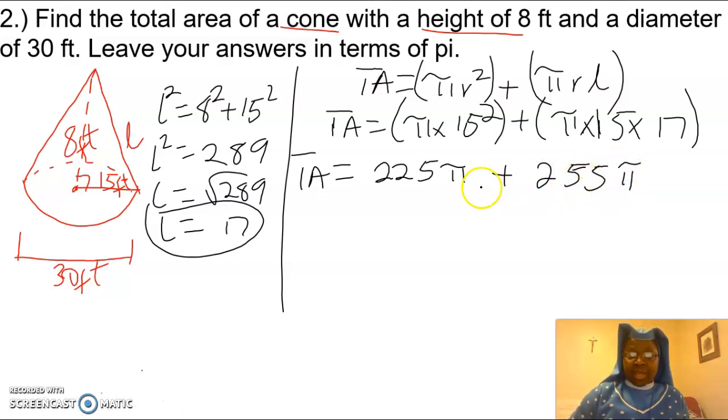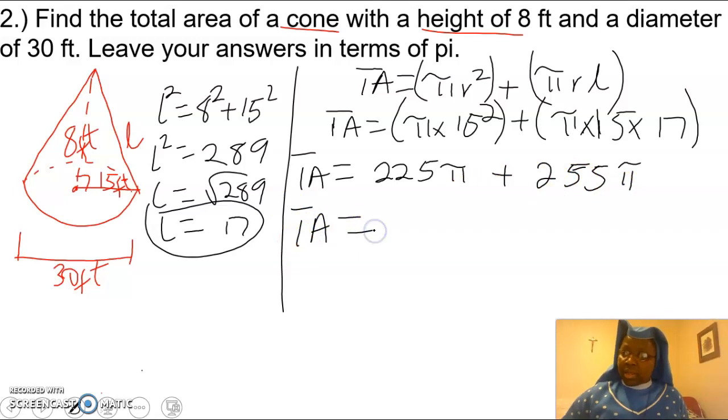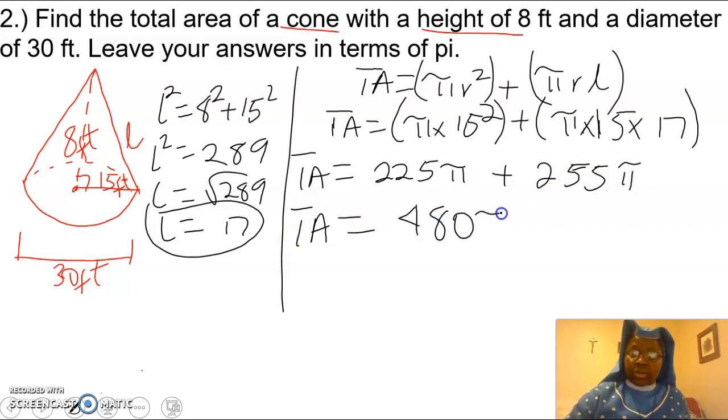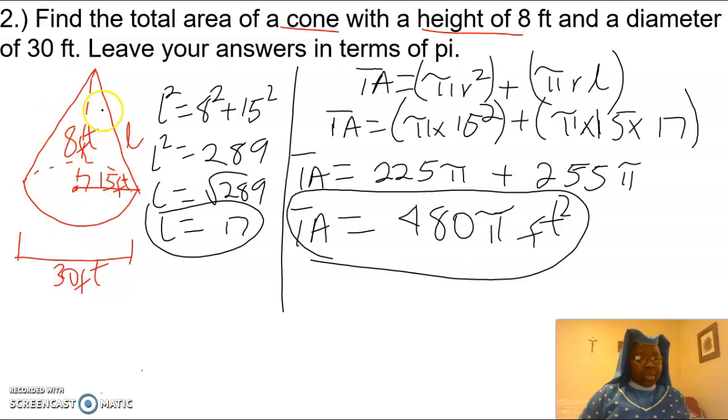Alright, again, since both of them have pi in them, we can add them together, and that will give us 480 pi, and it's square feet. Alright, another good problem, again, making connections to the Pythagorean theorem. So whenever you're missing one side, find a way to have it, and if you have a perpendicular line,